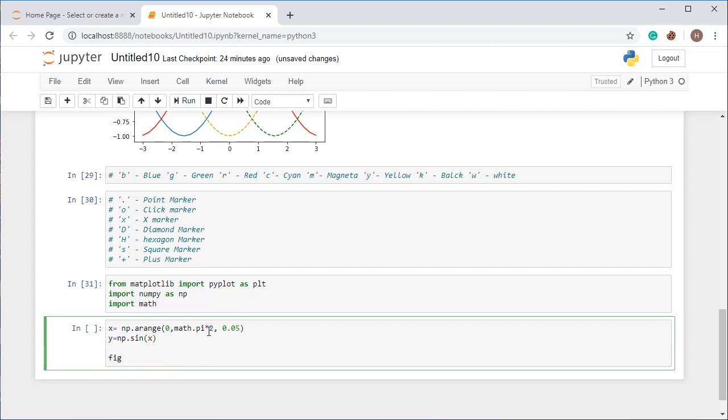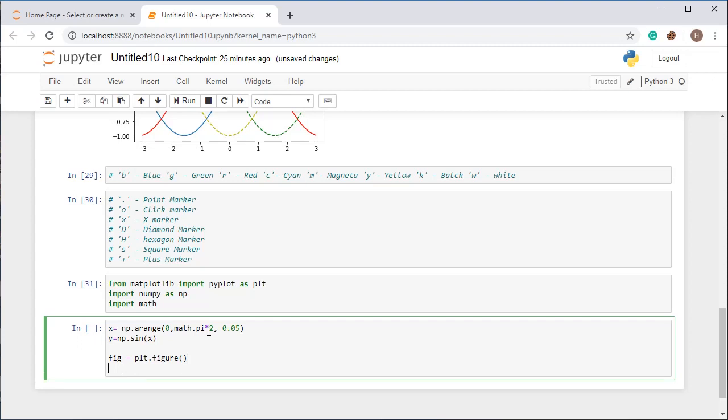Now I'm going to create a figure with the help of the figure function. As I have said, plt.figure, because the figure function gives you the power to create a new figure. So with this plt.figure, I have created a figure. Now I want axes as fig.add_axes. This function gives you the power to add axes.